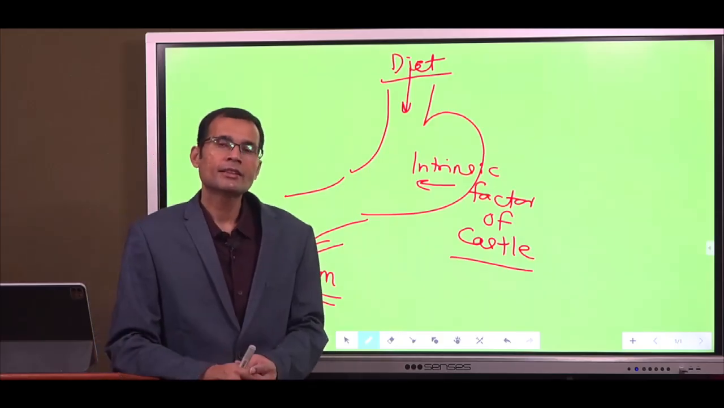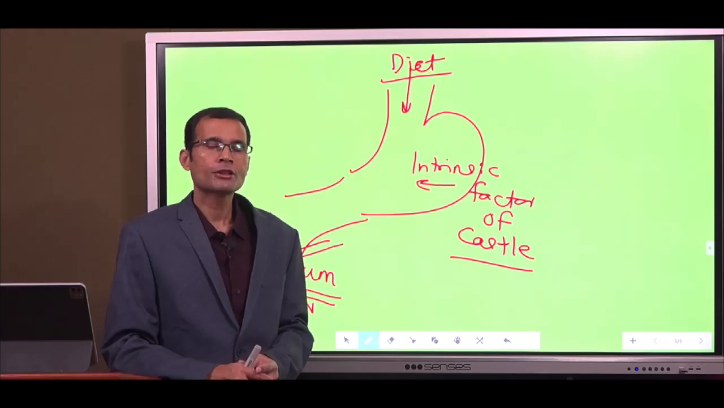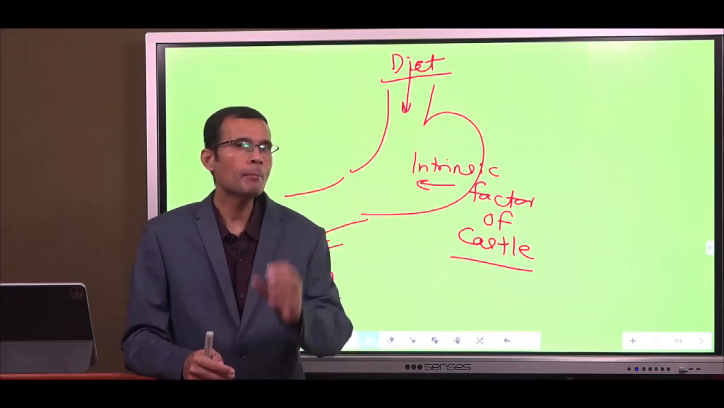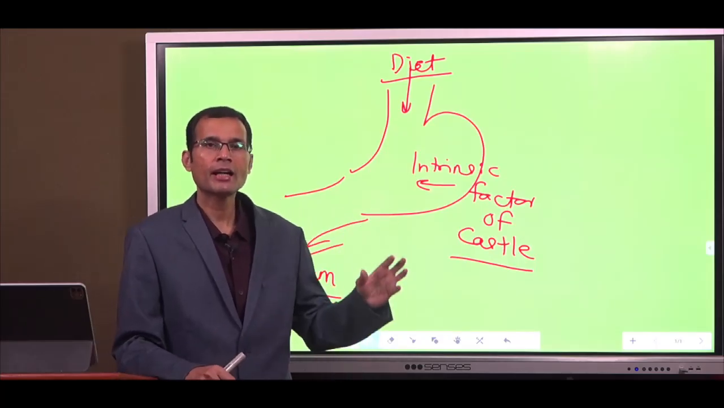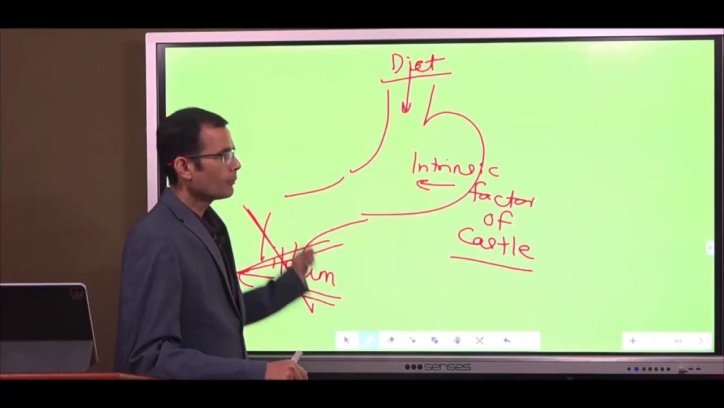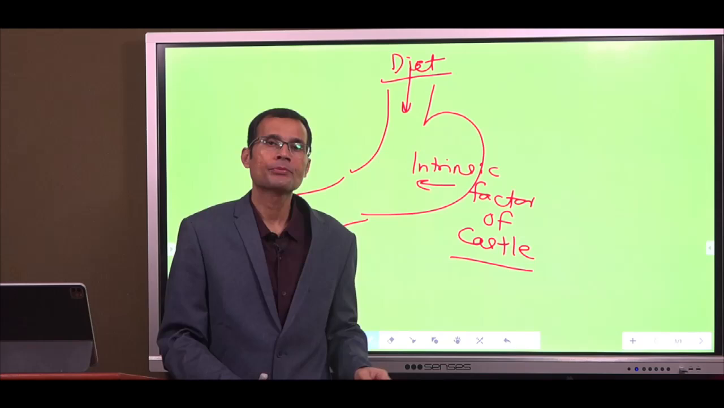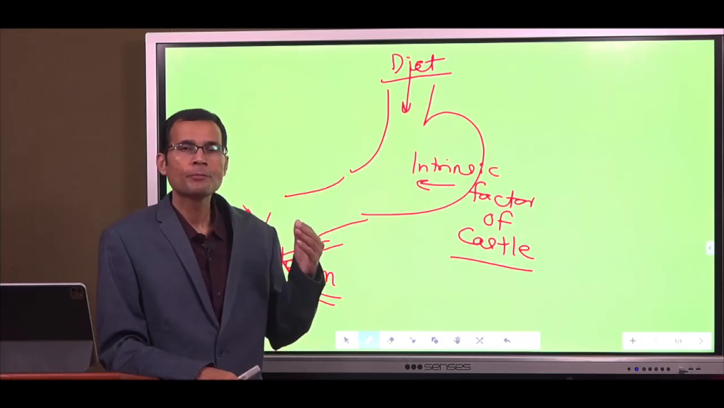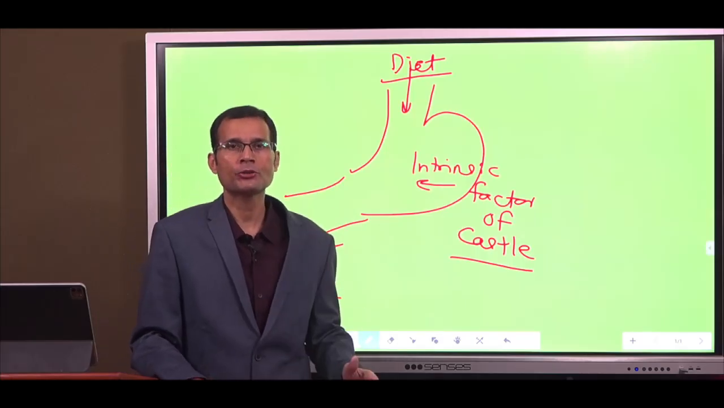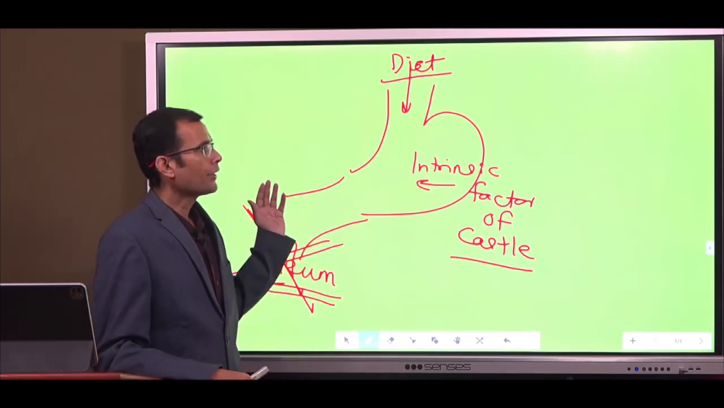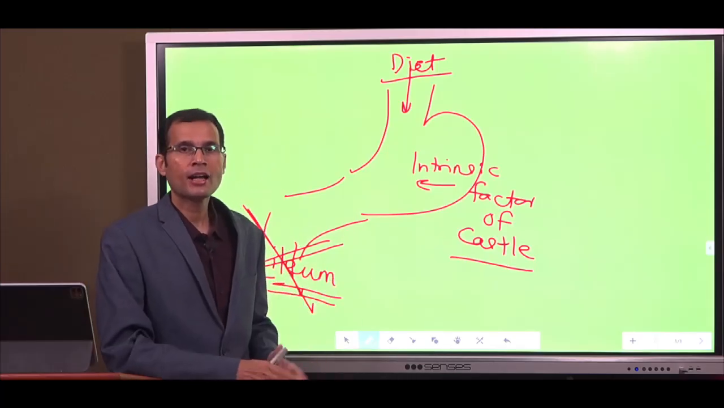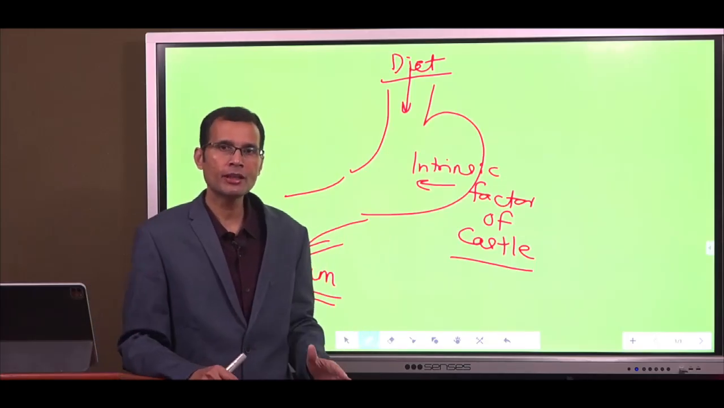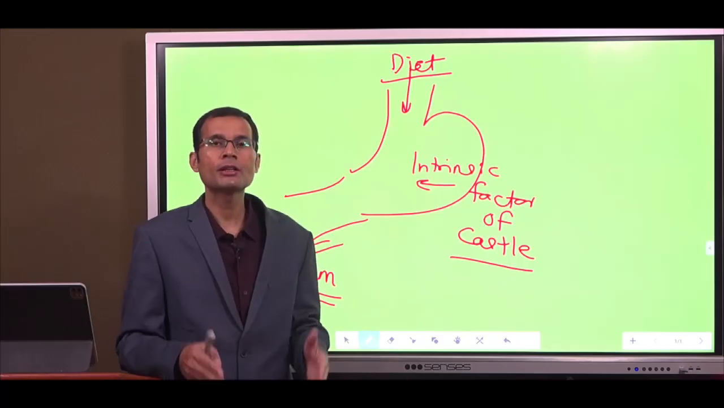Why does it result in megaloblastic anemia? Look, first of all, blast is immature precursor and mega is large. So remember, vitamin B12 and folic acid, these two are required for nuclear maturation. And you know, RBC precursors are nucleated. So if there is a deficiency of B12, then nuclear maturation